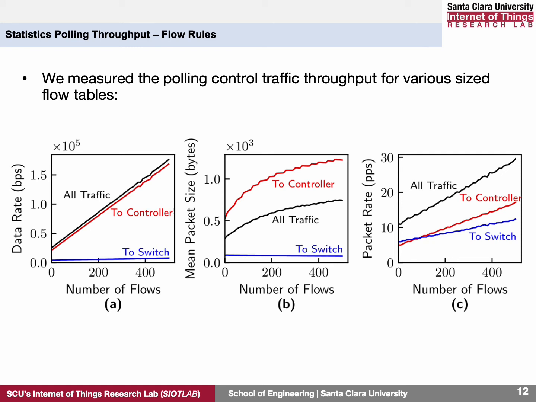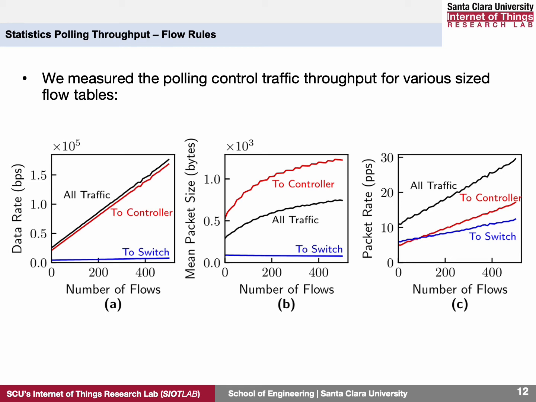For a single switch with 500 simple flow rules, the control traffic throughput easily grows to 150 kilobits per second. In large networks with each switch generating 150 kilobits per second, this can be a significant problem. When there are many switches in the network, the total amount of control traffic that is generated can become large enough that some switches that are close to the controller will have to dedicate all of their resources just to